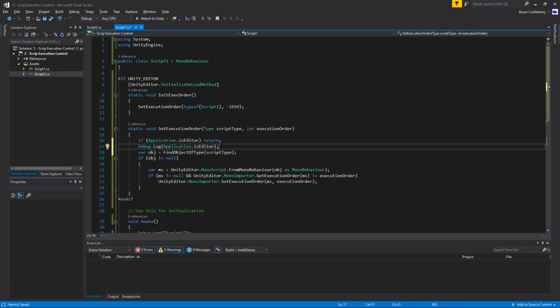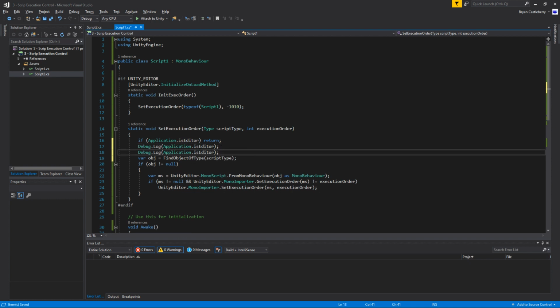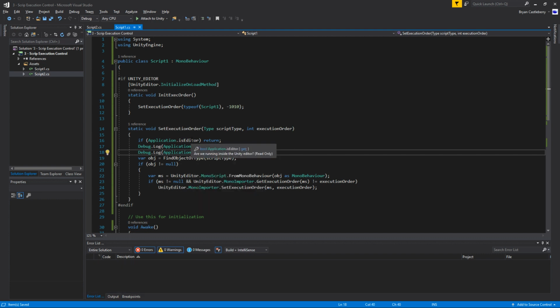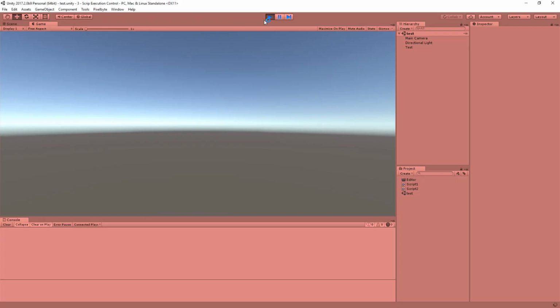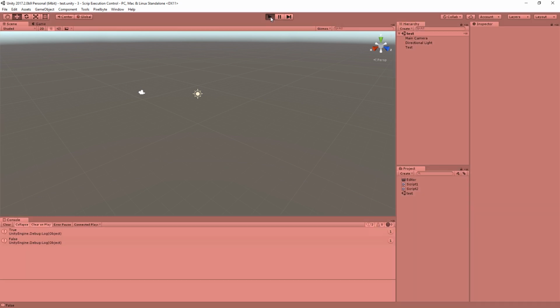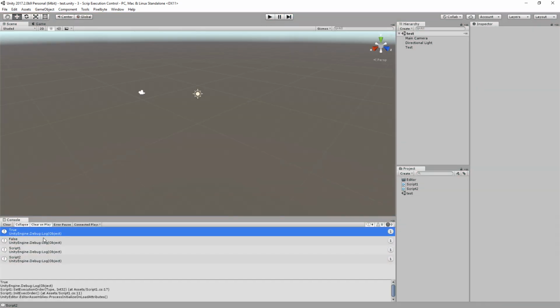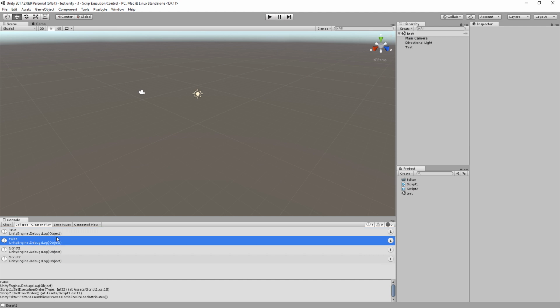So this may get executed before. So is editor is going to be true, but Application.isPlaying is probably going to be false, because we're probably not playing yet. So this should be true, and this will probably be false. Yeah, see? So it knows that we're in the editor, but this is all done before